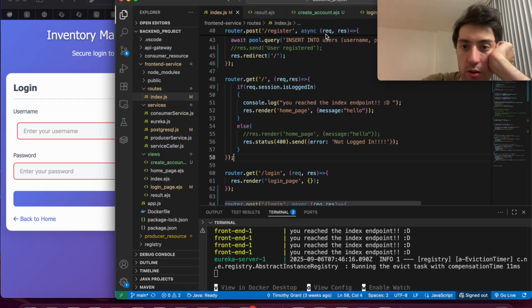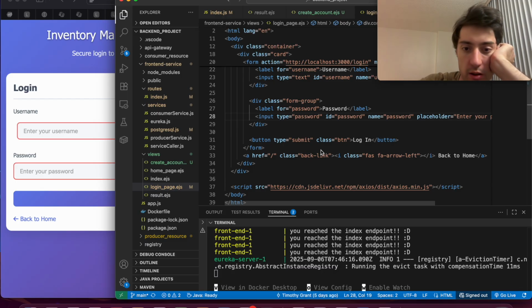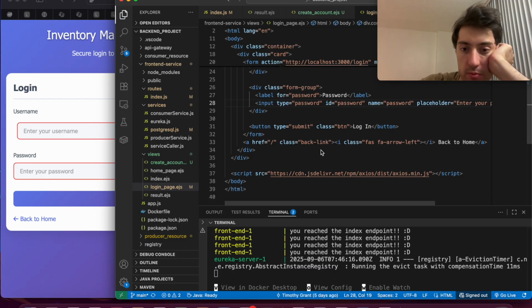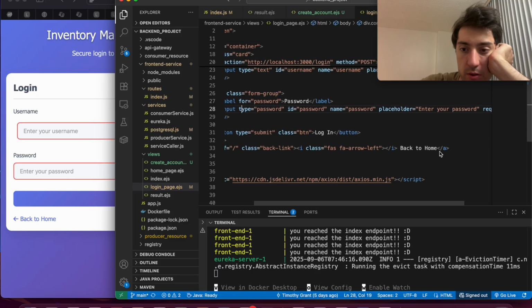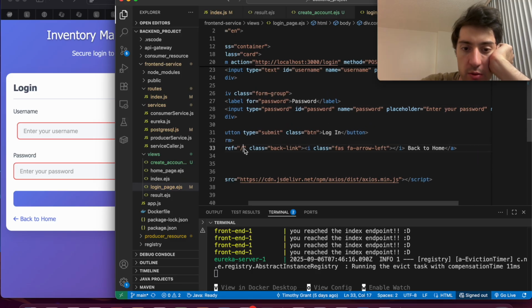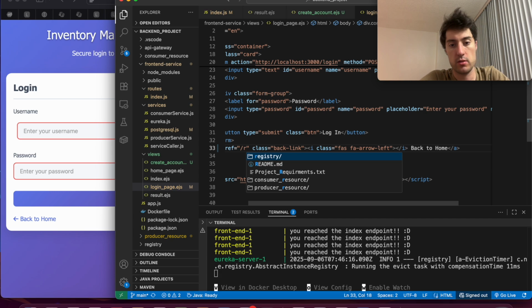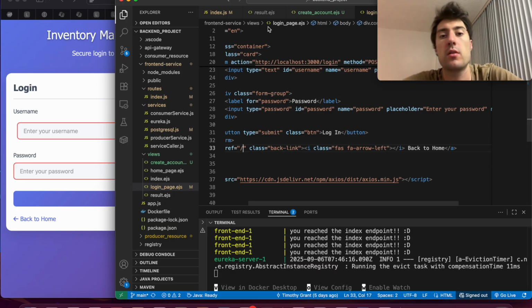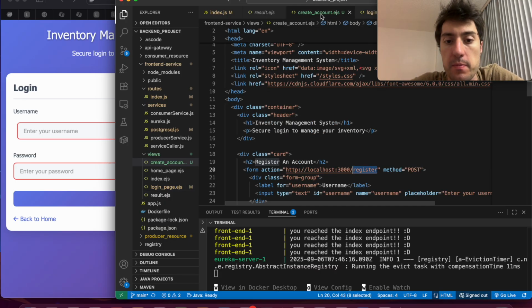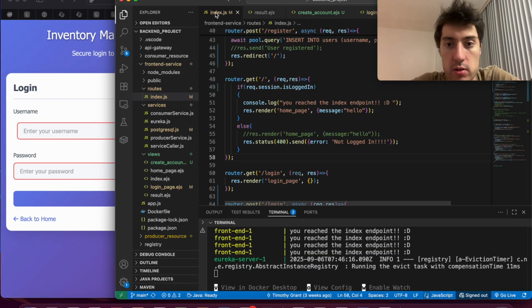So in the login, there's something that says go back home. Go to home. Okay, so it's this. I don't want it to come here to the home. I want it to come to this create account EJS. Right. Okay, so